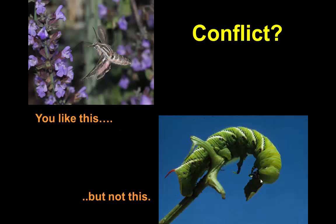So this brings up a conflict. A gardener might be interested in seeing a hummingbird moth visiting the flowers during the daytime, but when they learn that a hummingbird moth is a sphinx moth, and a sphinx moth is the adult of a hornworm, and a hornworm is something that is a problem that you have in your tomatoes, well, they might be considering that this is a conflict. But is it? And it is not. And it's a little complicated to explain, but